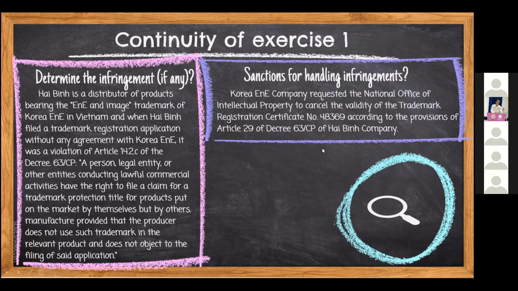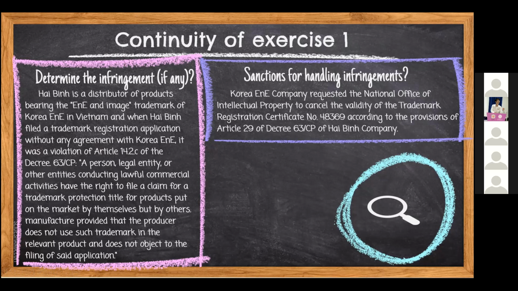Determine the infringement, if any. Hải Bình is a distributor of products bearing the ENE and IMEI trademark of Korea, ENE in Vietnam, and when Hải Bình filed a trademark registration application without any agreement with Korea ENE, it was a violation of Article 14.2c of the Decree